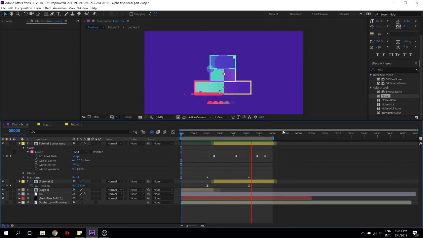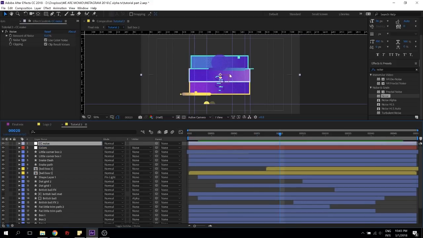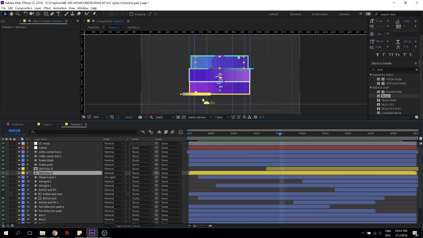So yep, that's it for this tutorial. I hope you liked it. As I said, this is not about the design of things, but mostly about the technique. So by now, you should be very familiar with toggle hold keyframe and the effect called invert, to add more detail to your motion graphic piece. You should be familiar with adding effects like noise to add more disturbance into your piece so that it doesn't look super clean, which is really bad. You should be able to learn how to do path to add more extra detail.